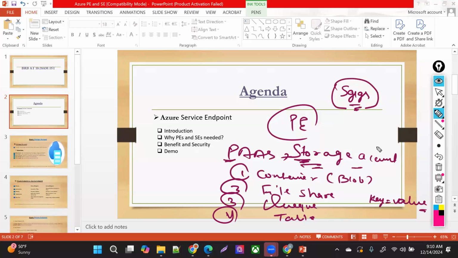I want this data to be accessible at any point of time. Then Azure says, bring out your data, put it inside the storage account, and you will be able to access it from wherever you want.